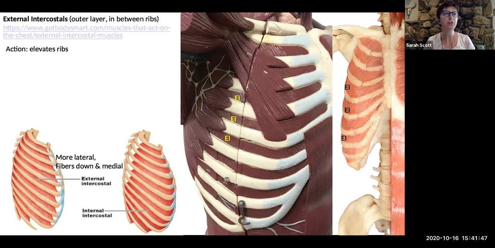So in this case, external intercostals, their only action is to elevate the ribs. That means to move in a superior direction. So if you feel on your own rib cage as you inhale, your ribs will lift. Now that lifting action, the elevation of the ribs, does cause air to be pulled in. And we'll talk about that in respiration. But I don't want you to focus on inhalation as the action. I want you to focus on elevation of the ribs as being the action of the external intercostals.